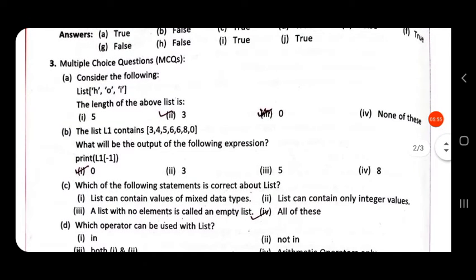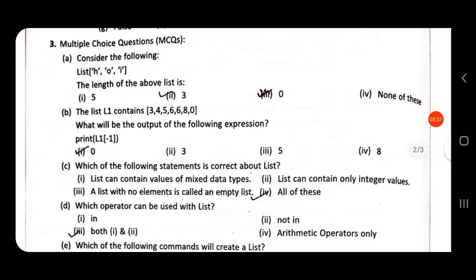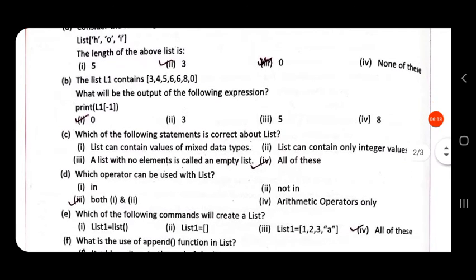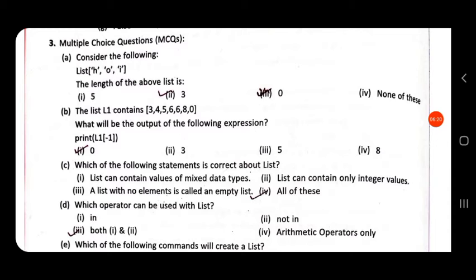Then multiple choice questions. Consider the following. So we have a list H containing elements H, O, I. So the length of the above list is 3. It contains 3 elements. Then list L1 contains 3, 4, 5, 6, 6, 8, 0. What will be the output of the following expression?